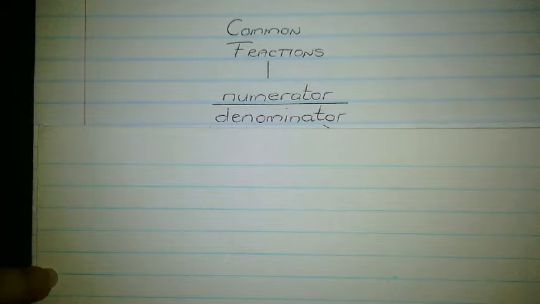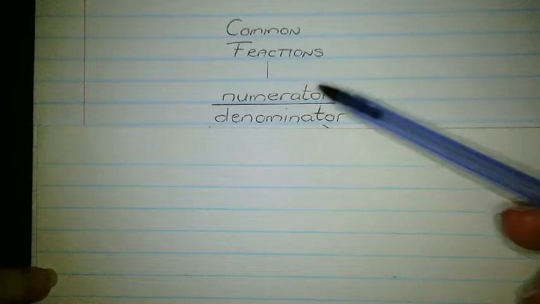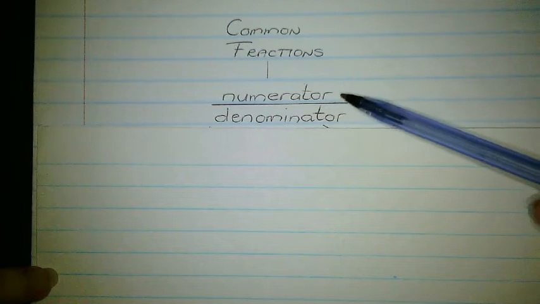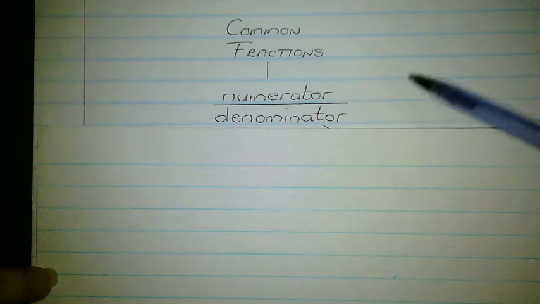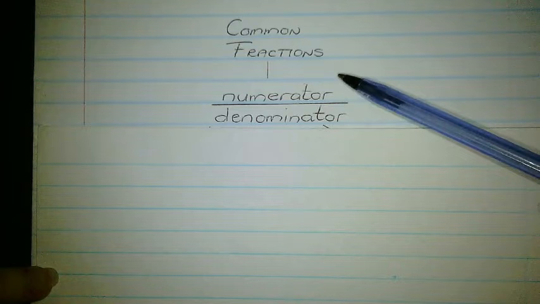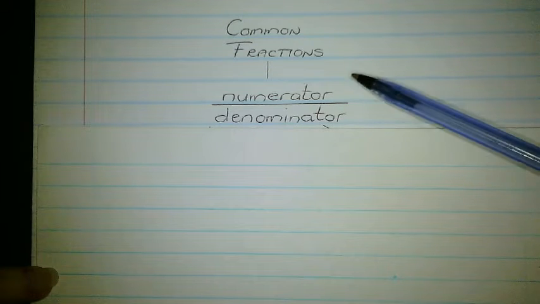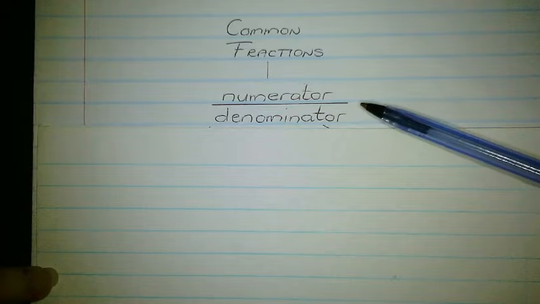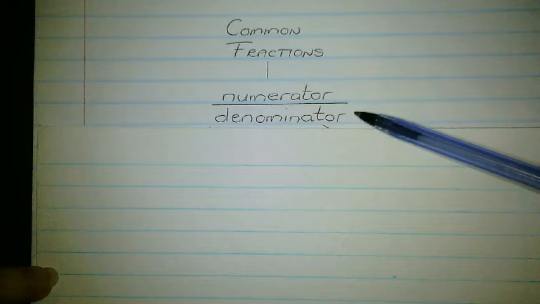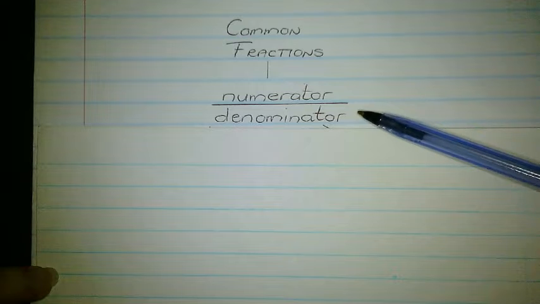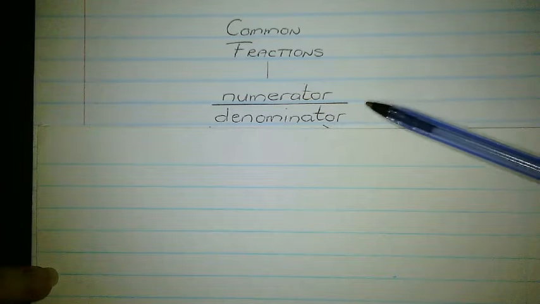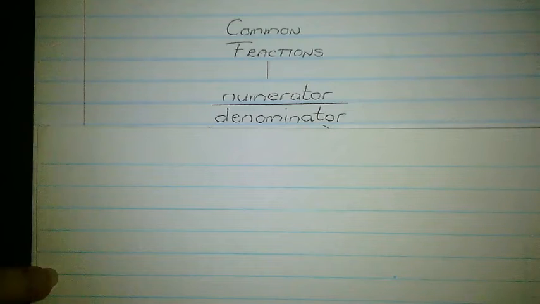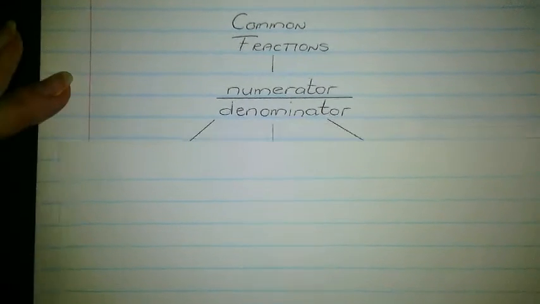It's a numerator over a denominator, and the line in between means it's a division taking place. Okay, the numerator is usually the part that you colored or didn't color, and the denominator was the part that you divided the unit or the whole into. So the denominator is actually going to tell you what kind of fraction it is. And last year you did quarters and fifths and tenths. Okay, now to identify the different ones,